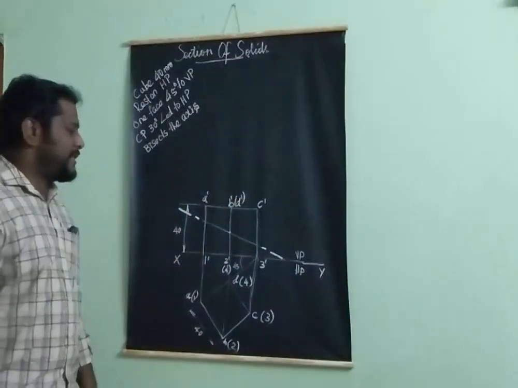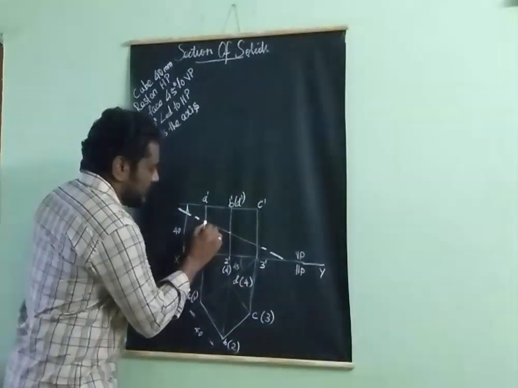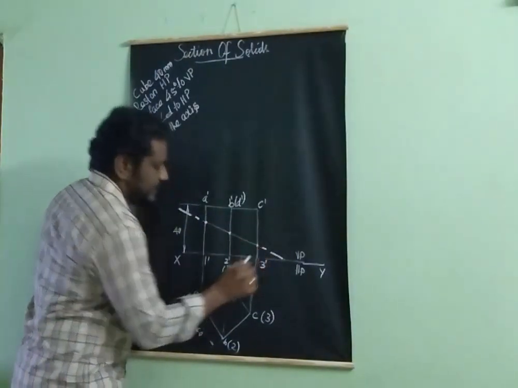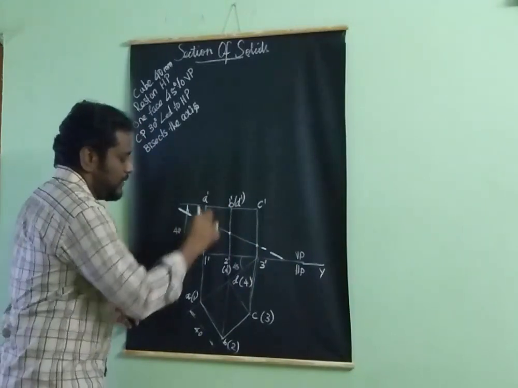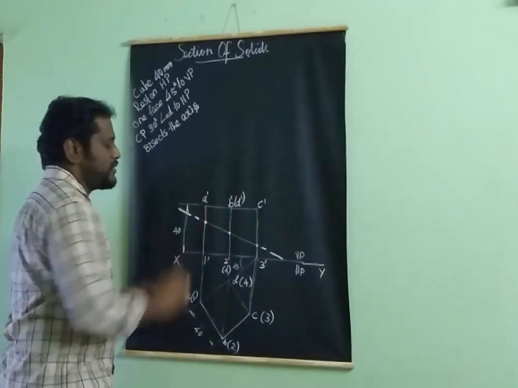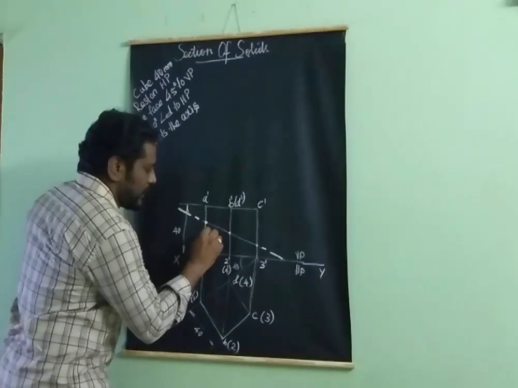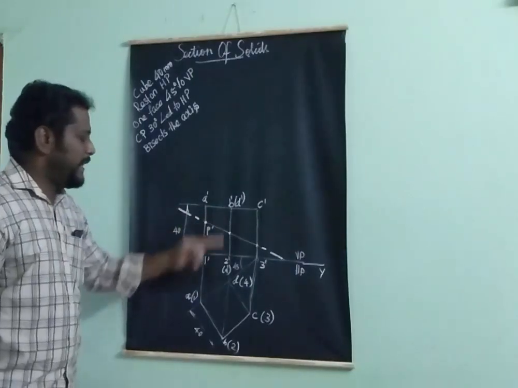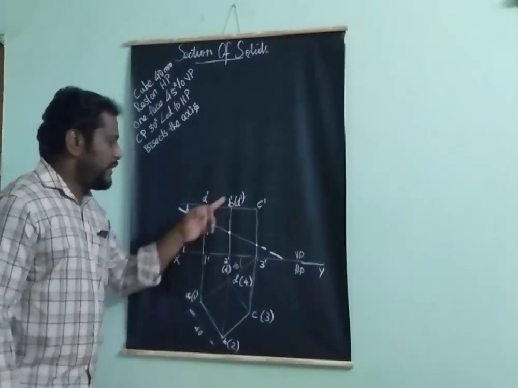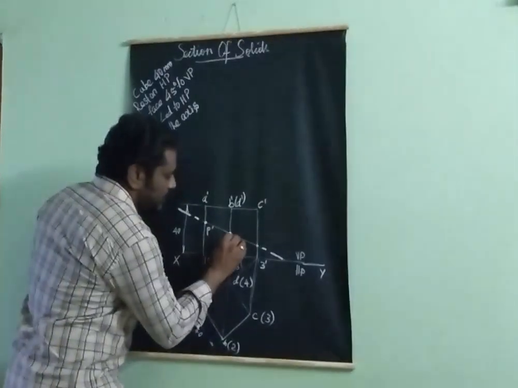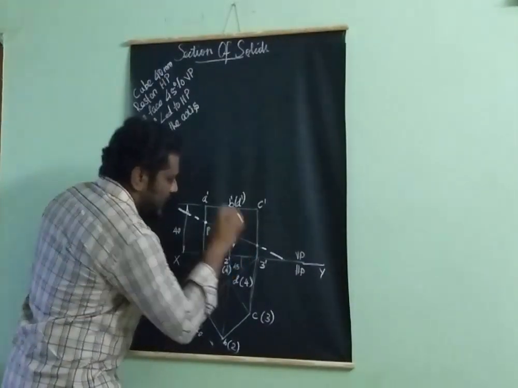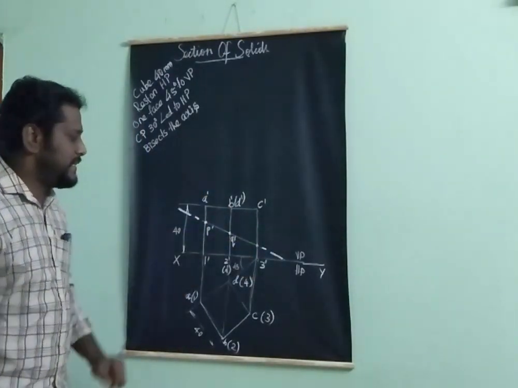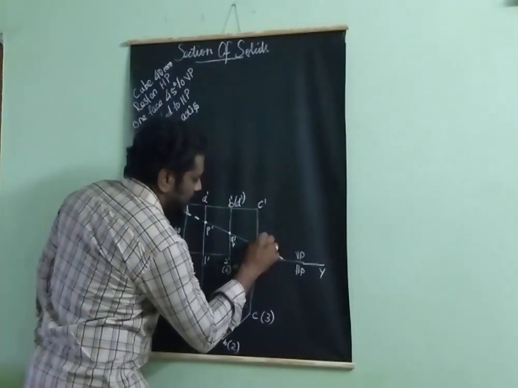So now I have to mention the cutting points. The cutting plane cuts the solid here 1, here 2, here 3. This point is on line 1A, that is longer edge 1A. So there will be only one cutting point P dash. And here there are two longer edges, that is 2B and 4D. Here 2B is visible. So in the visible edge, the point Q dash will come. In this direction, next visible edge is 3C. So at 3C, mark the point R dash.